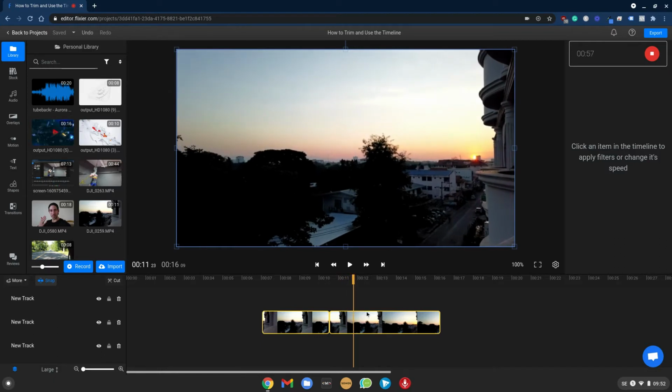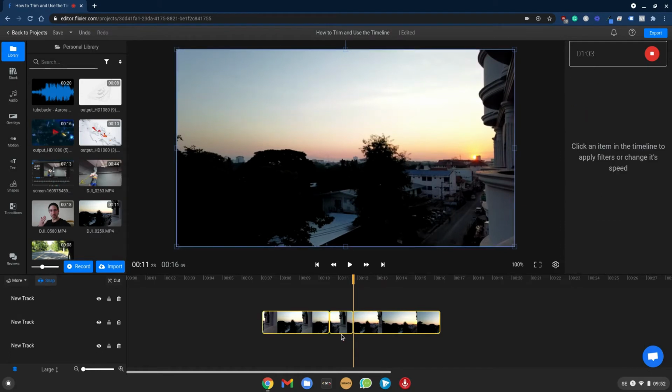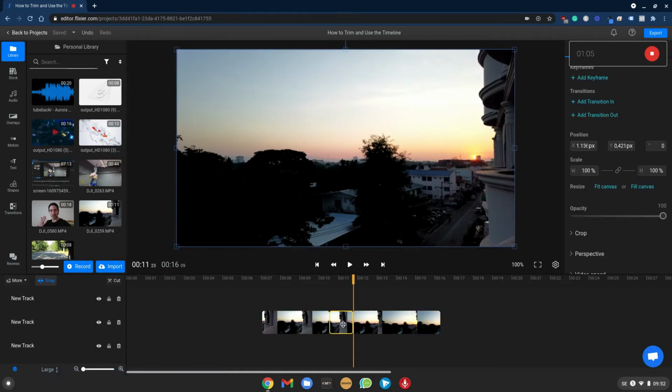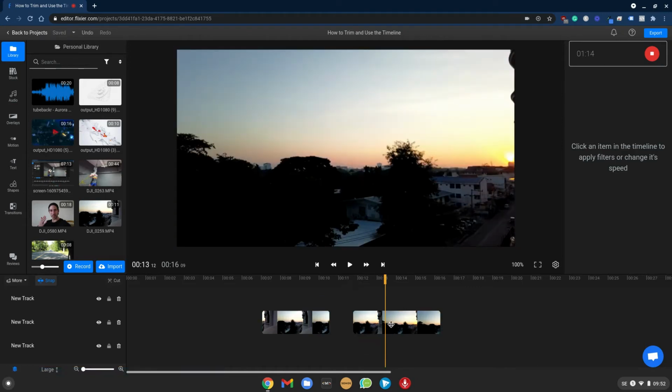Place the marker where you want to make another cut and press S. Now you have a middle part that you can remove just by clicking on it and clicking backspace or delete on your keyboard. Now you will have a gap between your clips, so you will have to close this gap